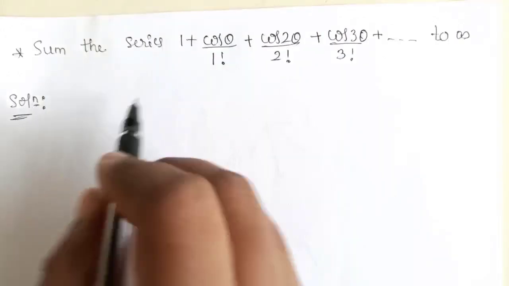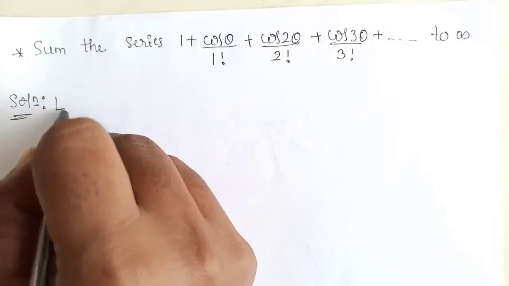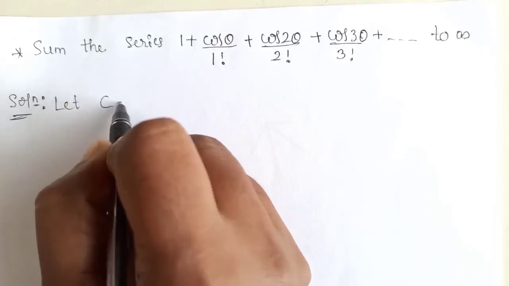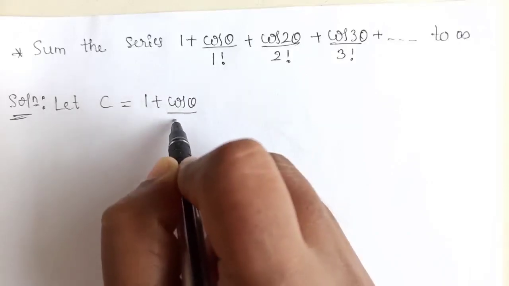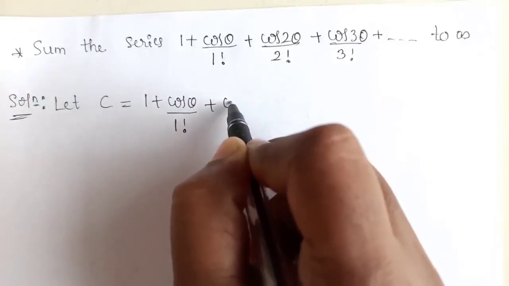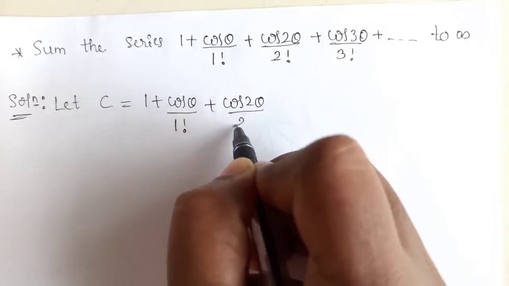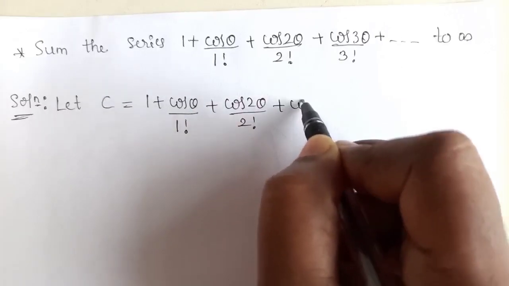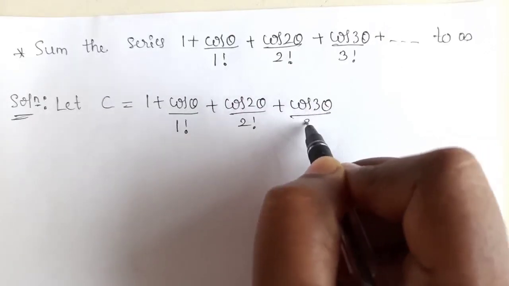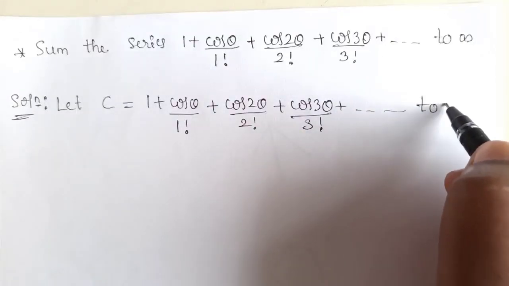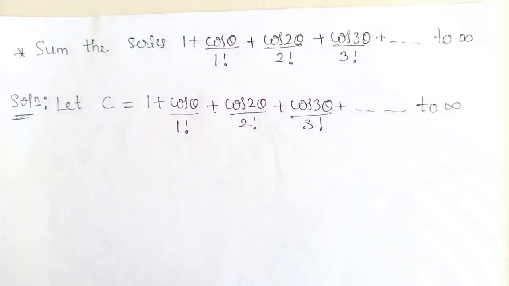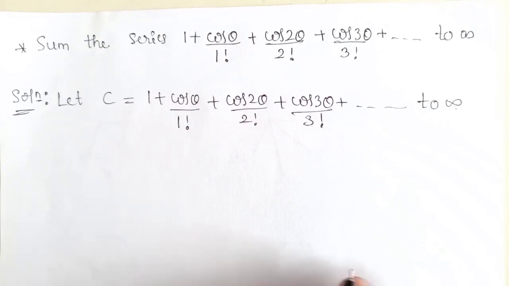Solution: consider this series as C equals 1 plus cos theta divided by 1 factorial plus cos 2 theta divided by 2 factorial plus cos 3 theta divided by 3 factorial up to infinity. We have solved the problems up to n terms, but here we have up to infinity. Next,